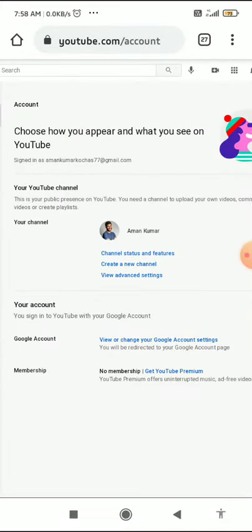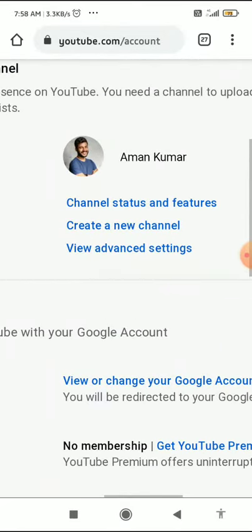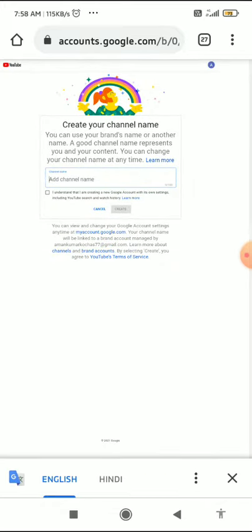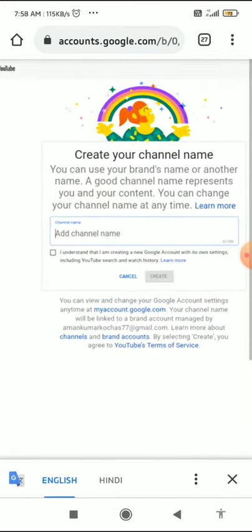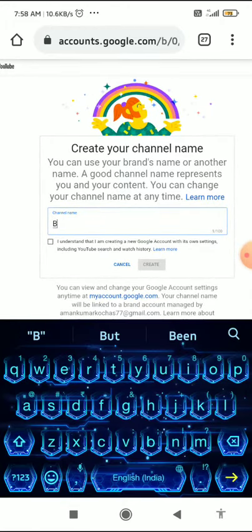If you want to create a new channel, meaning another channel, there are three options. Here you can see the second option, create a new channel. You have to click on create a new channel, and when you click on it, it asks you to create your channel name, and you have to add the channel name. Let's see, I add this channel name, and then you have to